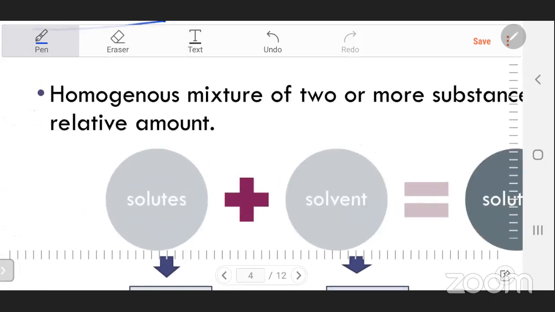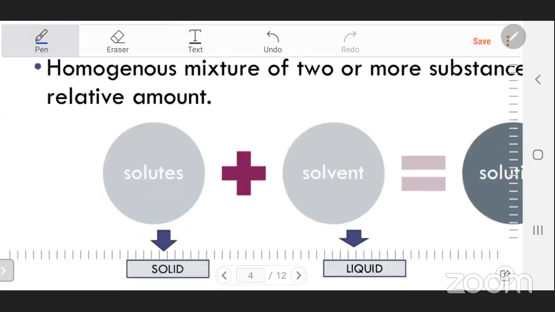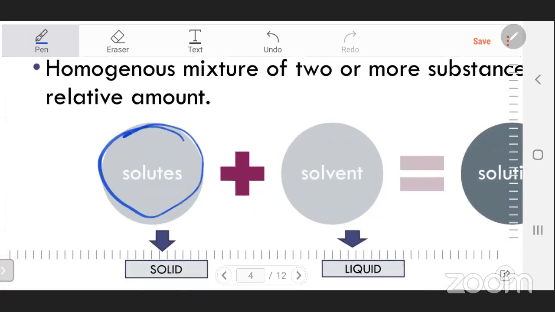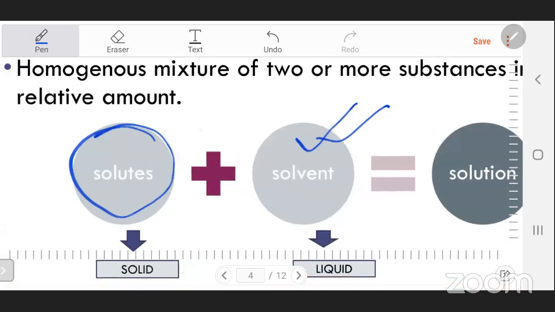That is, in a solution, there have to be two parts. One is the solute that I have been repeatedly telling in my experiment, and the other one is the solvent. And when we mix both of them, it is known as a solution. So our normal water or anything we have in biology or in chemistry, they are mostly solutions because they are not pure things.